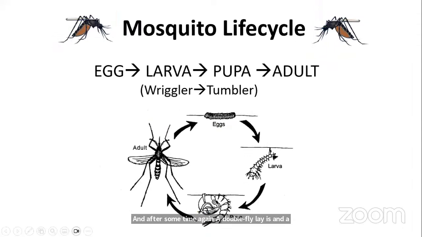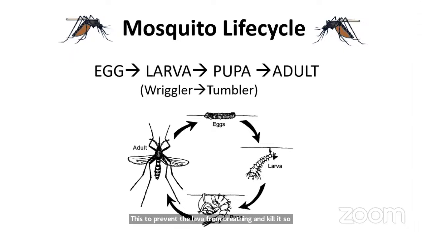Next one is mosquito. Mosquito, same thing as butterfly, has 4 stages: eggs, larva, pupa, and adults. So you can see the eggs here in the water, followed by larva, pupa, and adults. For humans, we actually try to stop the spread of dengue by killing the mosquito at the larva stage. So you can see that many people use chemical oil to spray on the stagnant water. This is to prevent the larva from breathing and kill it so that dengue can be stopped from spreading.